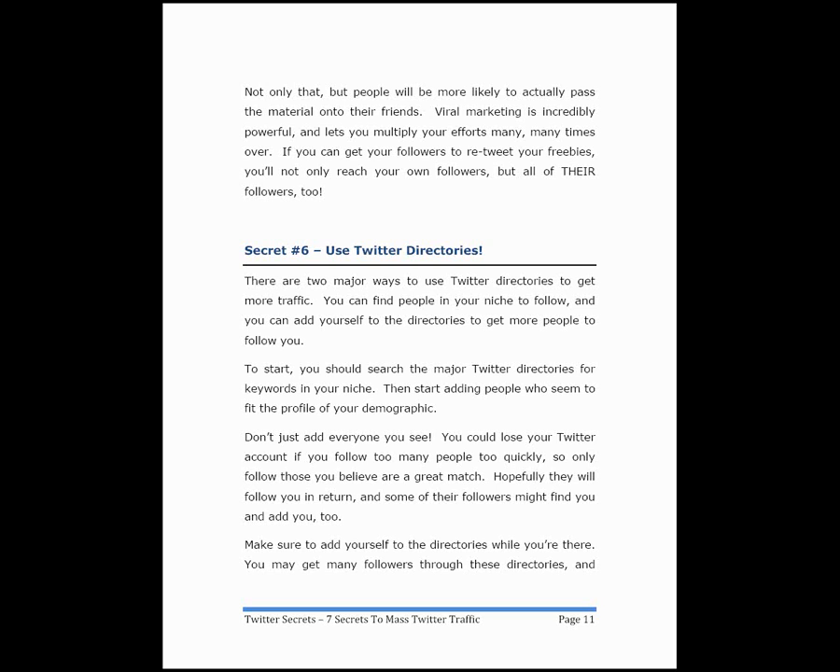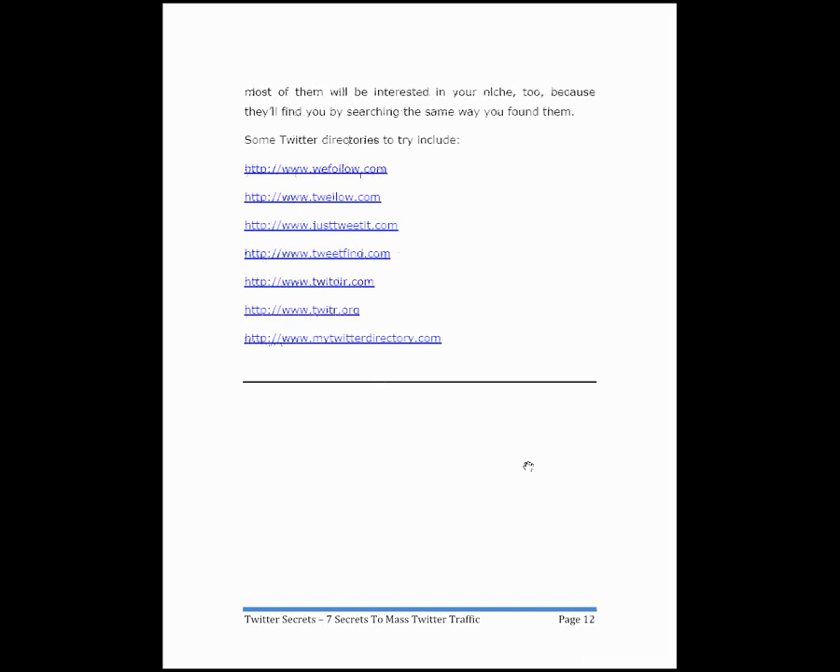You want to make sure that you make the right connections. If somebody has a profile out there and they've got mohawks and their hair in spikes and earplugs in their earlobes, then okay, you might not want to hook up with them. You might want to hook up with somebody who's got a professional picture up there. Make sure you add yourself to the directories while you're there, and you'll get a lot of followers through those directories. Here's some niche